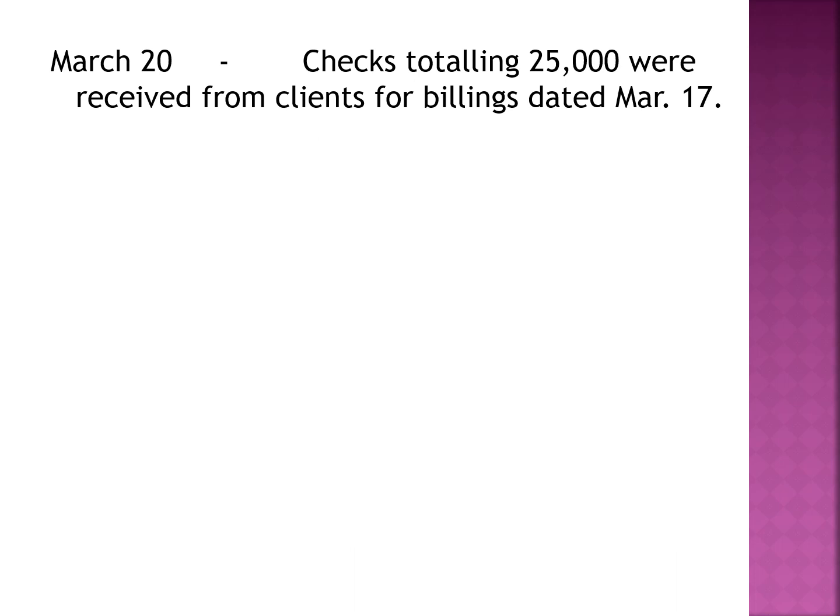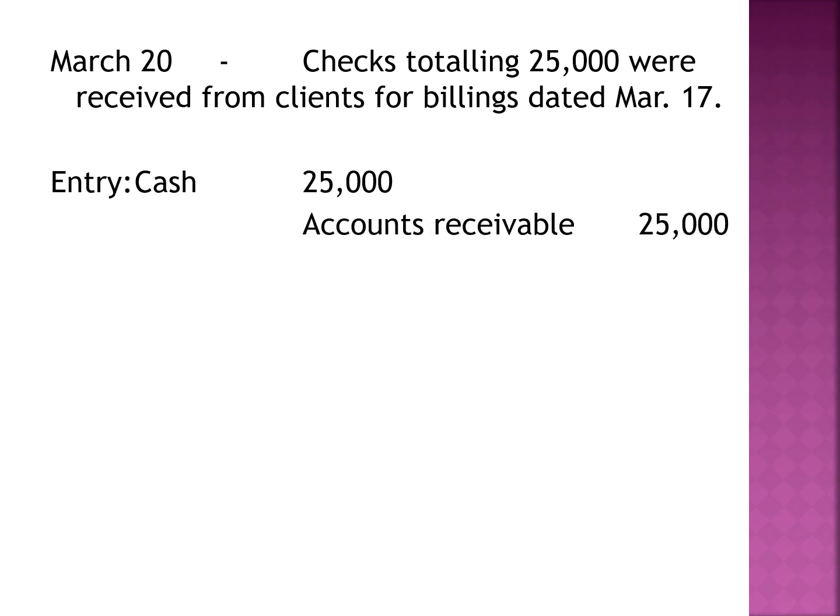March 20. Checks totaling 25,000 were received from clients for billings dated March 17. So this means that the company has collected from customers the accounts receivable. So the company received cash. So debit cash 25,000 because cash increased. And credit accounts receivable 25,000 because at this time, accounts receivable decreased because the customers made their payments to the